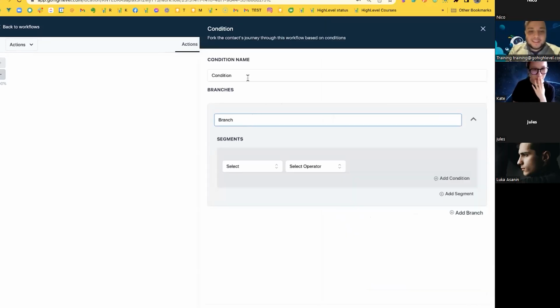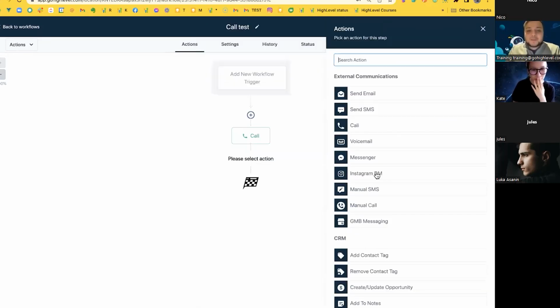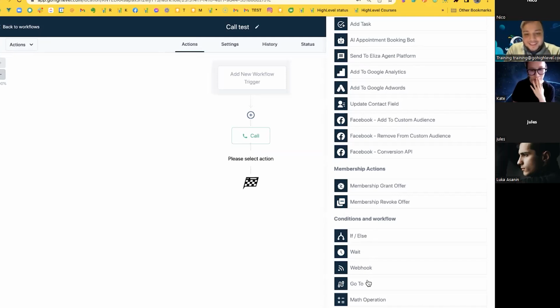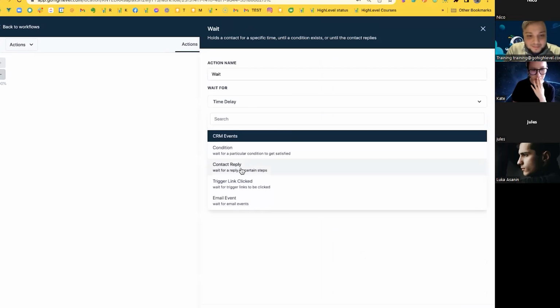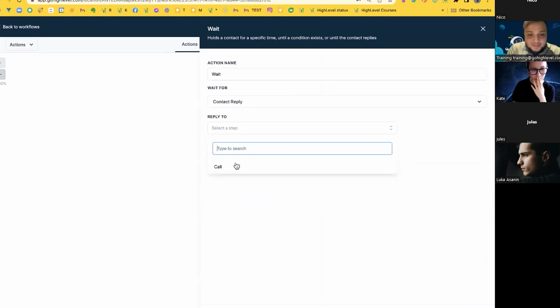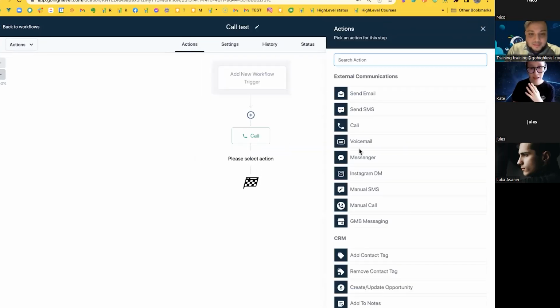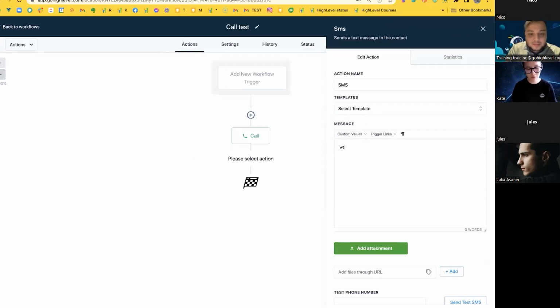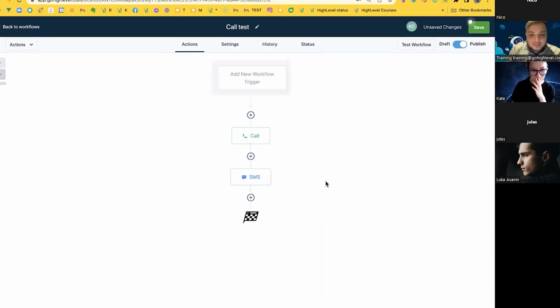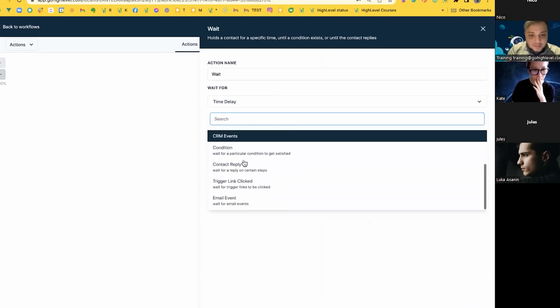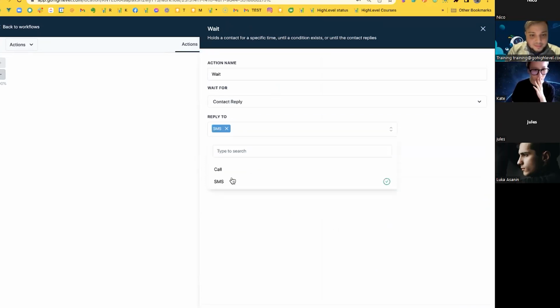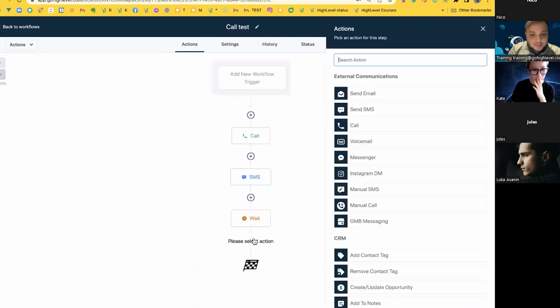If you're looking for their intent, you'd have to add a wait step to wait for the contact reply, wait for customer reply. But you would send an SMS first, like, what's your name? It might be possible, yeah. Wait for customer reply to the SMS. And then